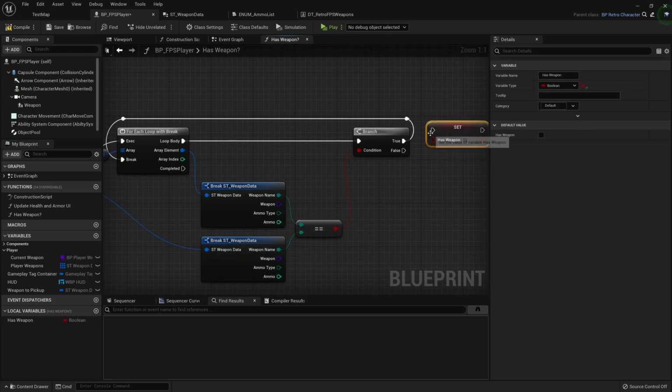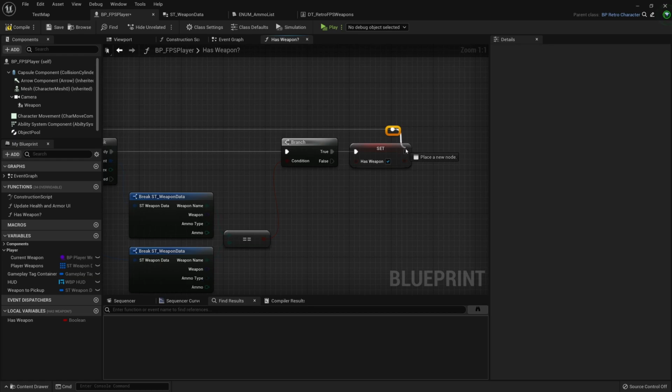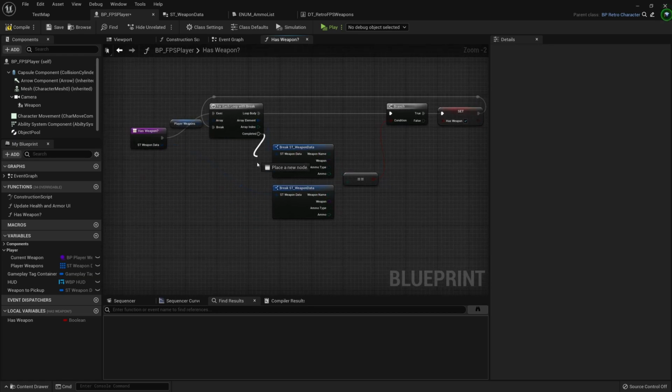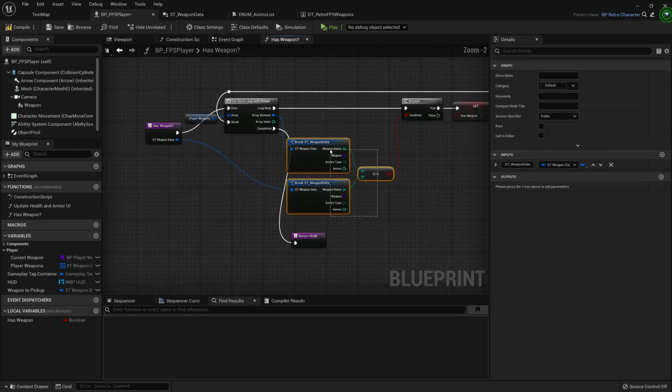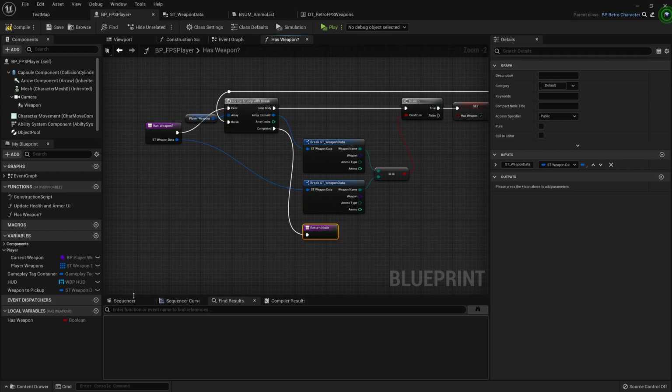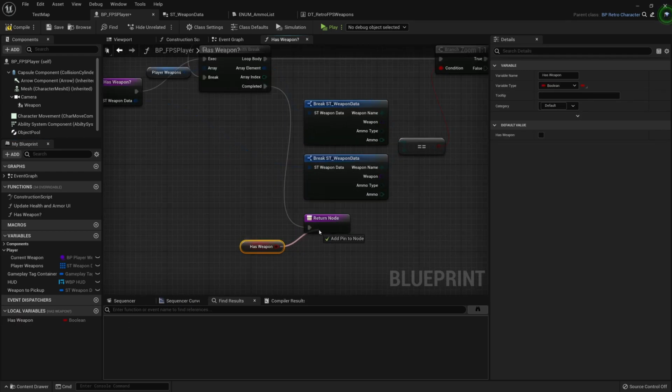And we will set this right after this is true to be true. And then we can connect it up like this. And then when it's completed, we'll do a return node. And the return node will actually return this hasWeapon bool.